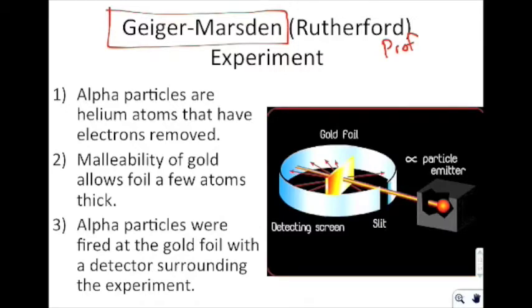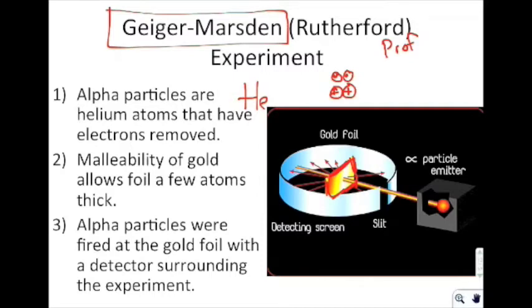An alpha particle is a helium nucleus, so it consists of 2 protons and 2 neutrons. And so what they did is they took these alpha particles and fired them at gold foil. Now the gold foil, they were able to make very thin because of the malleability of gold. As a result, they had a layer of gold foil that was just a couple of atoms